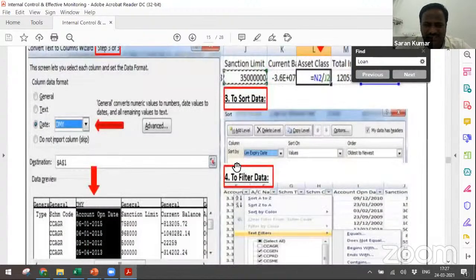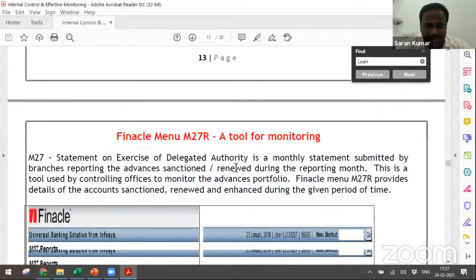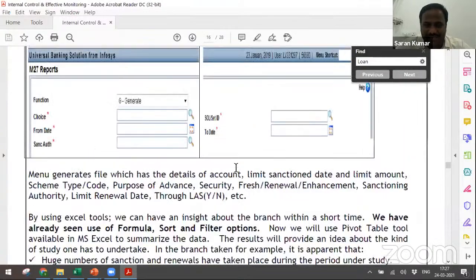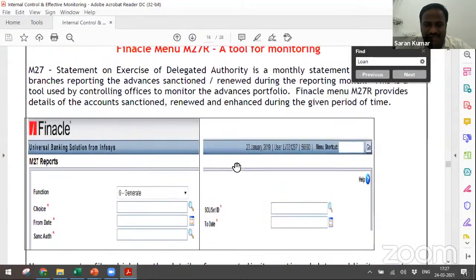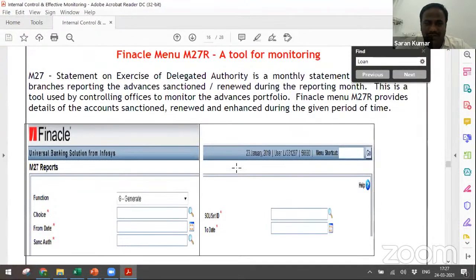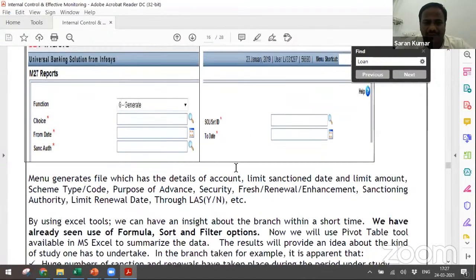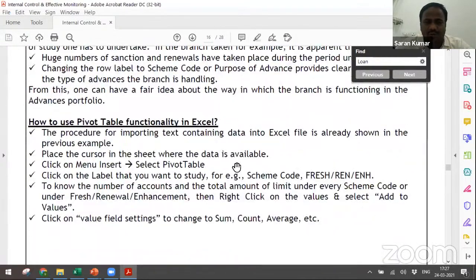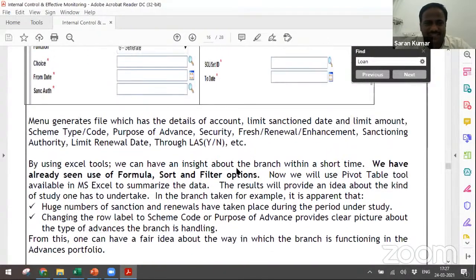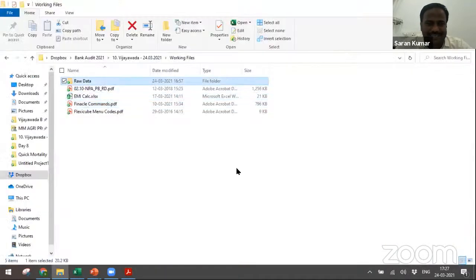You can go through this file to see how the screens look, because the most important thing is that once you go to the branch and look into the screens, you should not feel that these screens are new to you. At least to have a familiarity with the screens, I request you to go through the same. This is with respect to the Finacle related commands and screens.